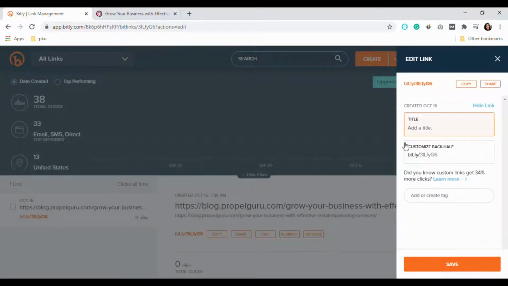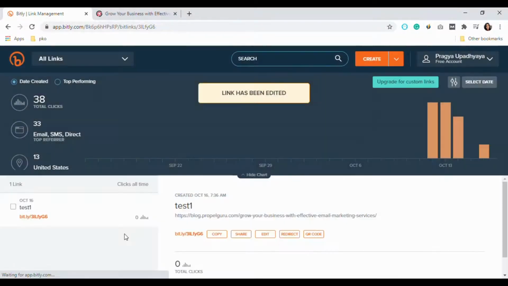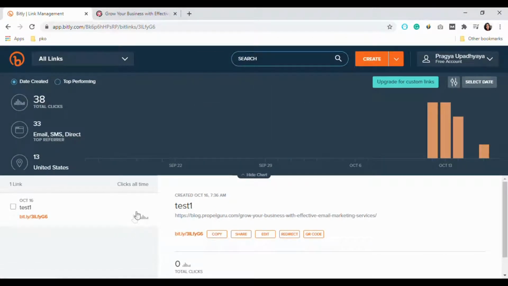We all like to be known by our names, aren't we? Let's give this URL a name too. You can add any title according to your choice. After adding the title, just click on the save button. Here we can see no views. We can see all the insights and the number of clicks. So let's check now.